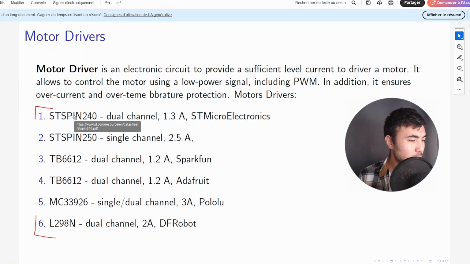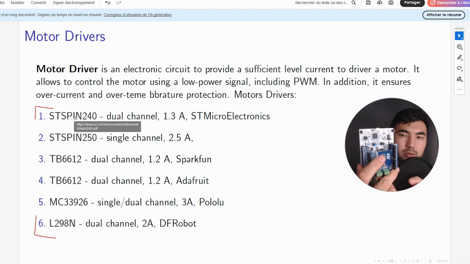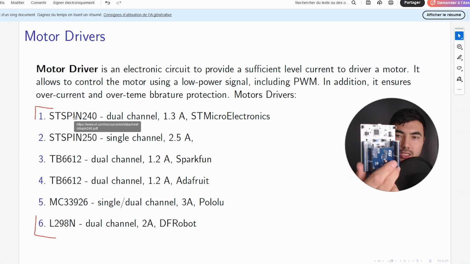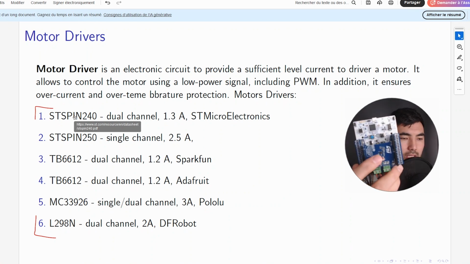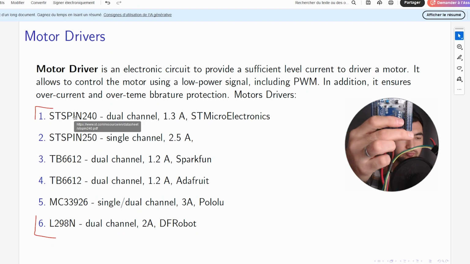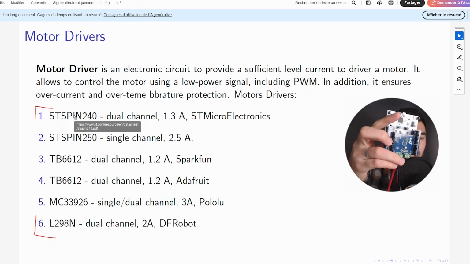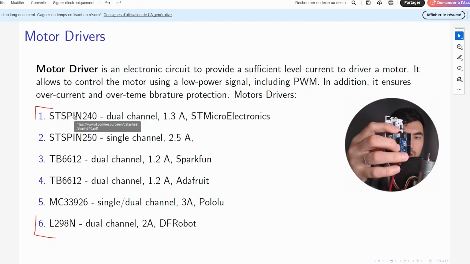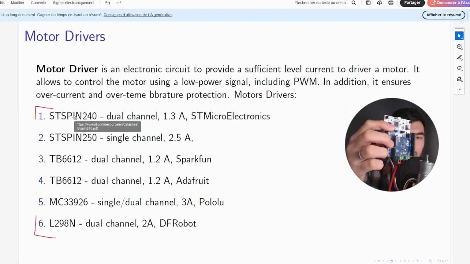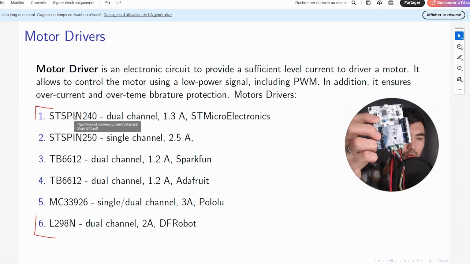So for this motor driver, I have a specific evaluation board, this blue board, and the good thing is that I can mount it on top of the microcontroller board like this, so I don't need any wires to set up my project. And I have the DC motor already connected to this screw terminal connector, and I have these cables for powering